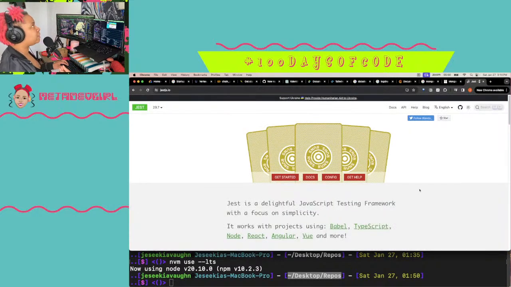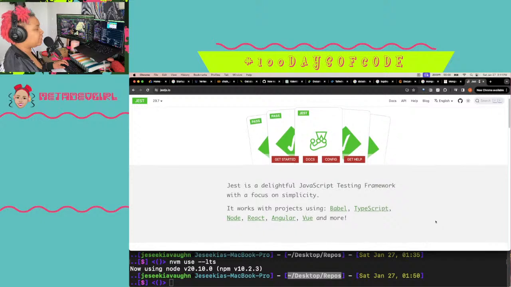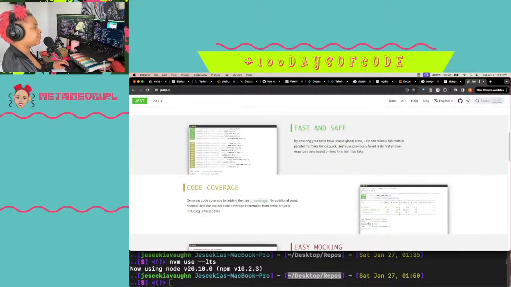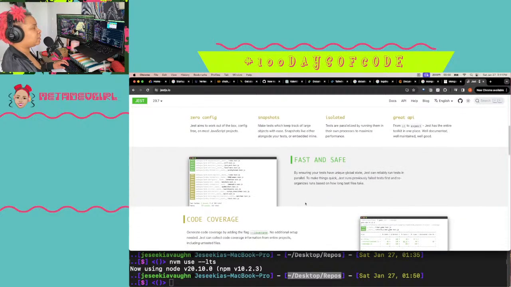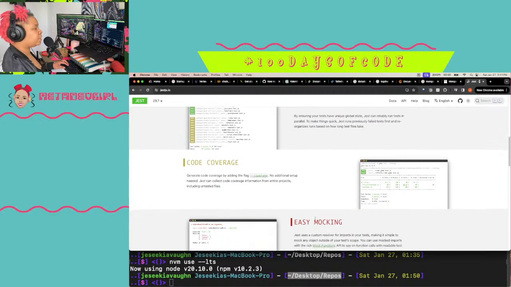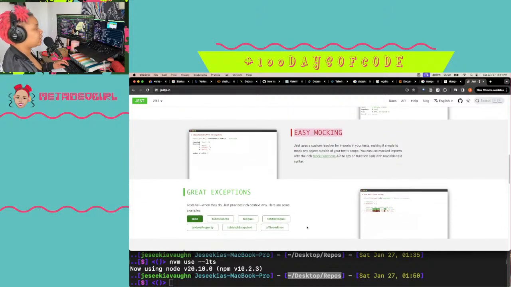I love how very personable everything is in the JavaScript world. Jest is a delightful JavaScript testing framework with a focus on simplicity. It works with projects using Babel, TypeScript, Node, React, Angular, Vue, and more. Fast and safe, code coverage, easy mocking. Ooh, mocking can be a lot. Great exceptions.